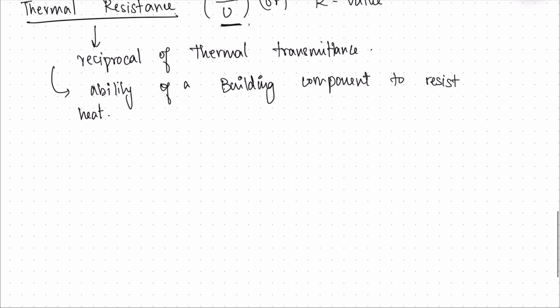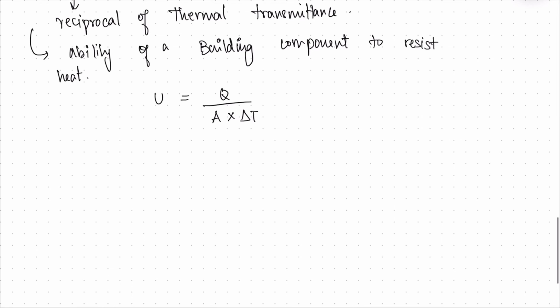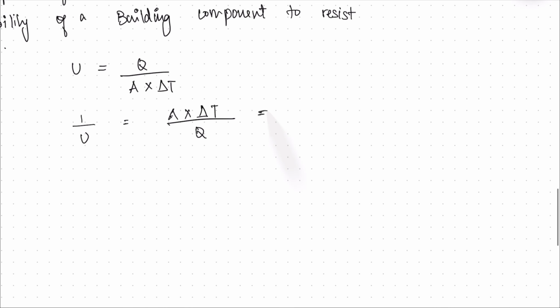We know the formula for U is Q by A into delta T. So what is 1 by U? 1 by U is A into delta T by Q,